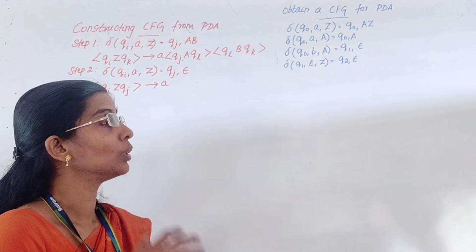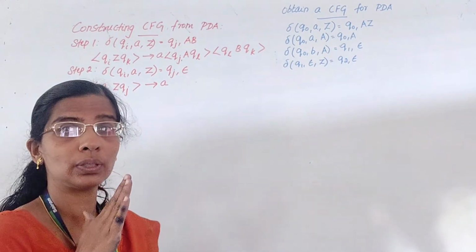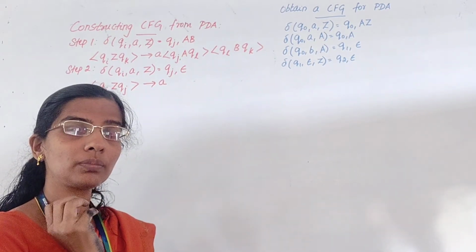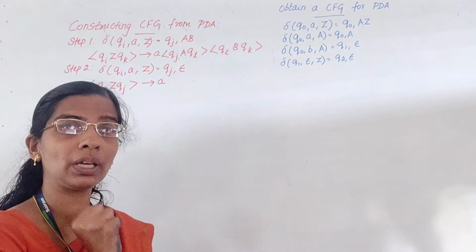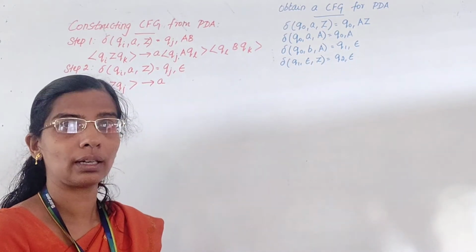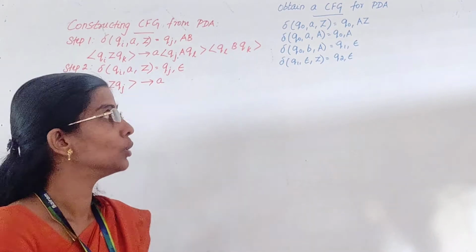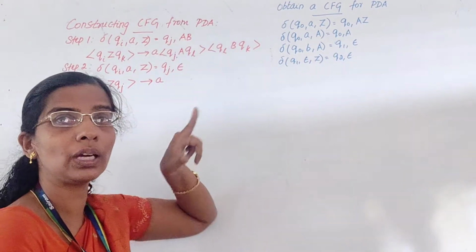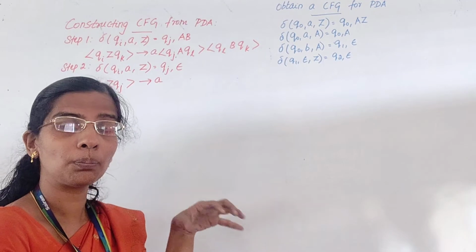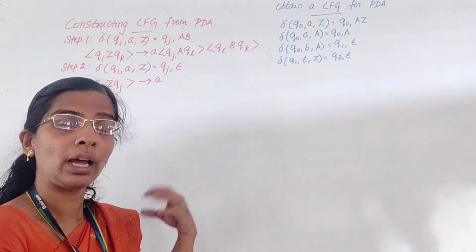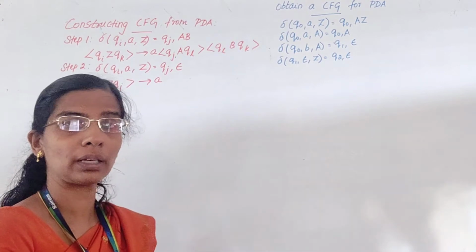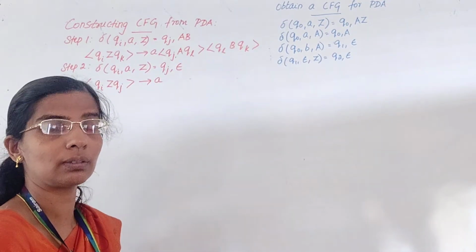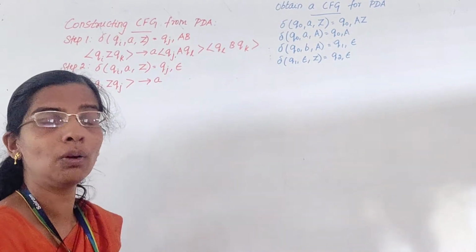Since there is no change in your stack, you can pop the top of the stack and push whatever we have popped back into your stack. Why are we doing this? To rewrite this transition into this form. Just pop the topmost element from the stack, and whatever we have taken out, we push it back. That's what I'm going to do first, to put that transition in the correct format.